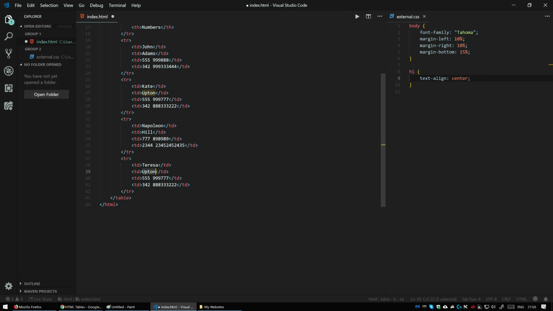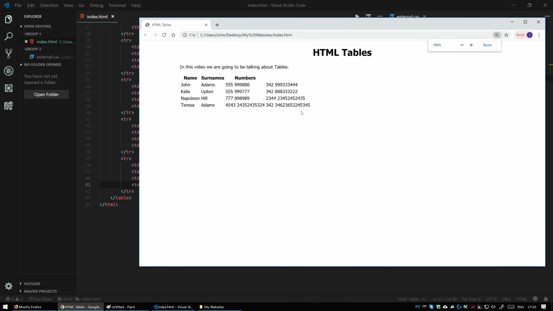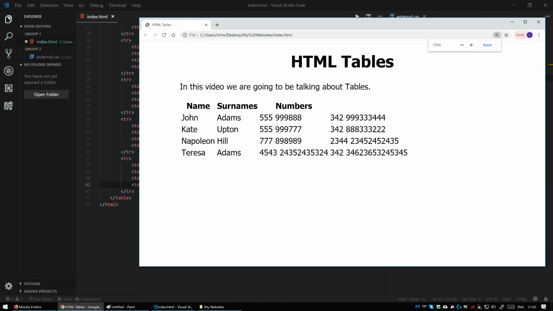Let's say Adams as well. Add some number and the second number, save, refresh, and there you have all your data. Okay, but